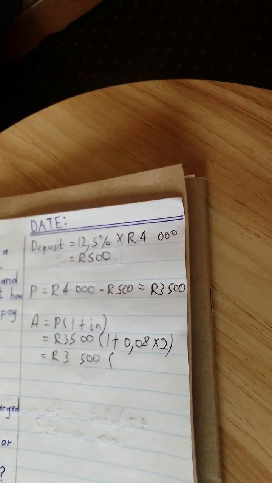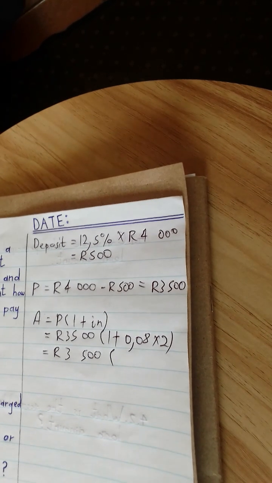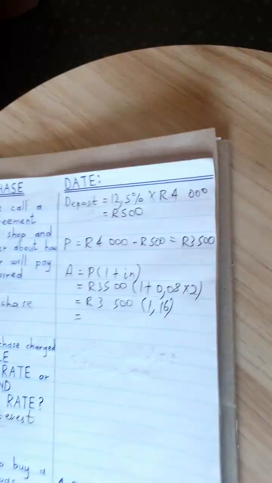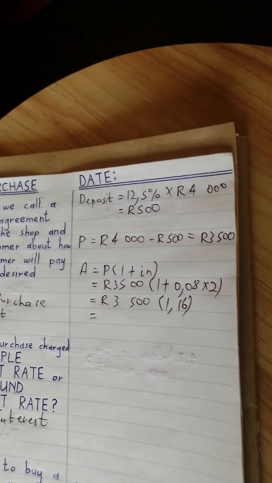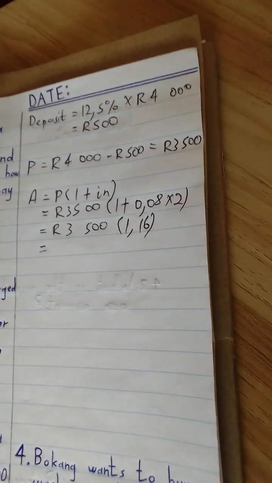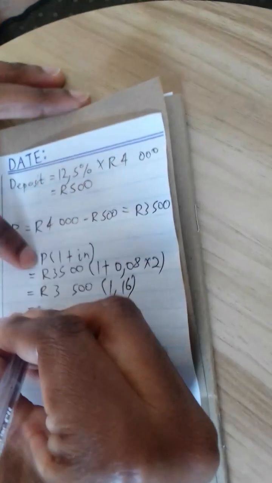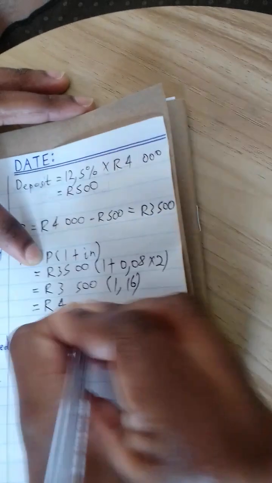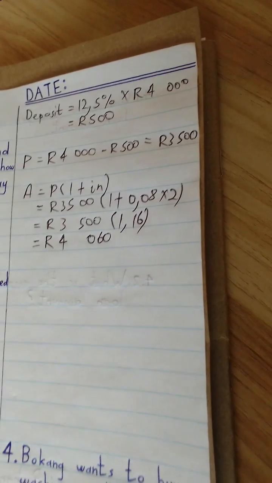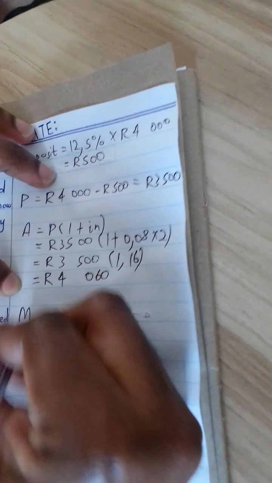So what's 1 plus 0.08 times 2? 1.16. Which is 4,060 rands. Right? So monthly repayments